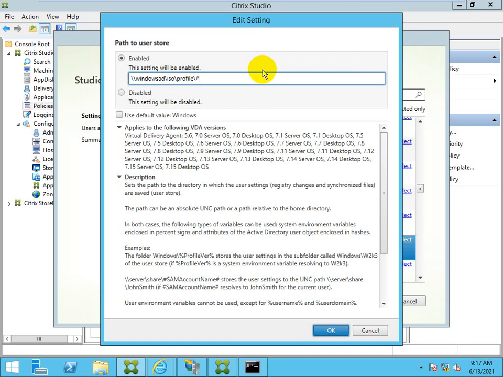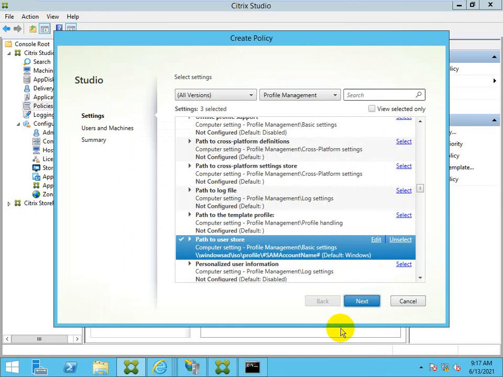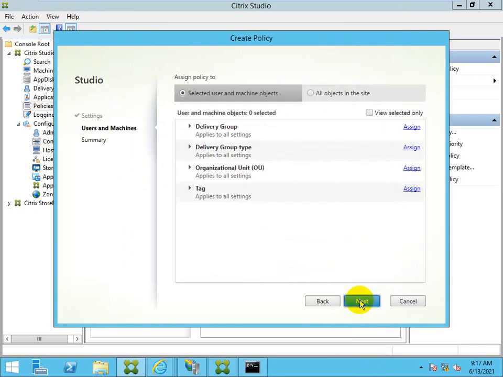Hash. Okay. Yes, next. Now it is asking where I want to apply the policy. It's a delivery group.